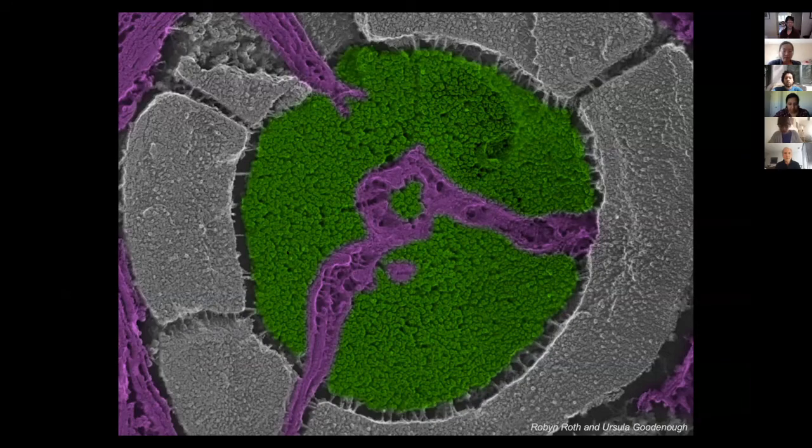The pyrenoid is essentially a machine for force-feeding the cell with CO2. It consists of three subcompartments. There's a matrix colored in green, which contains the enzyme rubisco, which fixes CO2 into sugar. In fact, all of these little blobs are rubisco holoenzymes. The matrix is traversed by membrane tubules, which we think feed the rubisco with concentrated CO2, which makes the rubisco run faster and thus enhances the algae's growth. And the matrix is surrounded by a starch sheath, which we think serves as a barrier to slow CO2 from